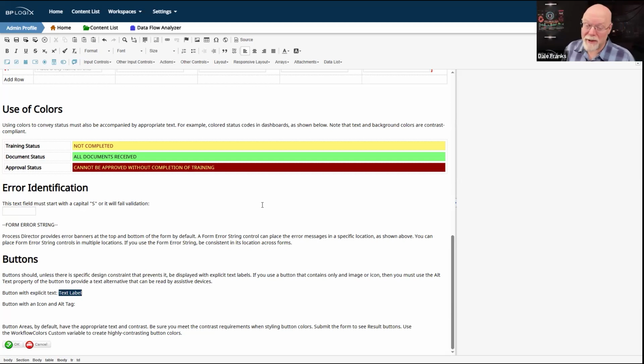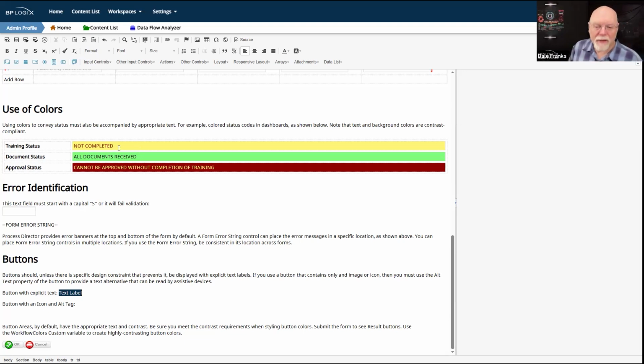However, there is something that says that when you do that, color cannot be the only method that you use to convey status. So if you're going to use color to convey status, you must also provide actual text on the page that provides a text status that is cognizable outside of just the color.